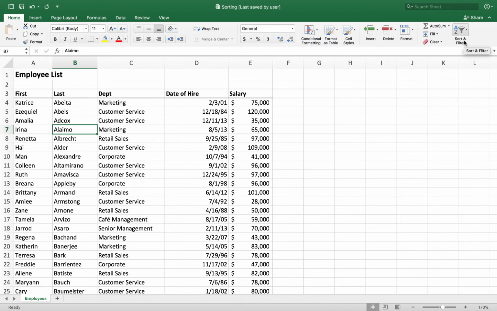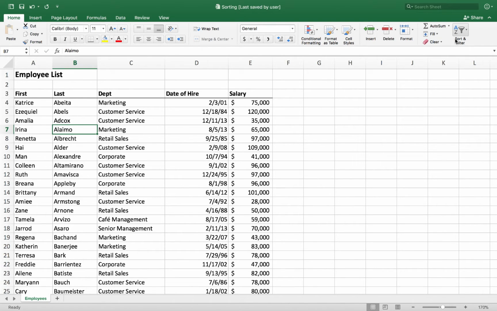So, the reason this worked, you guys, first of all, I clicked in the column that I want to sort on, and because the header row there is formatted differently, Excel understands that it should not be sorted. Sometimes if the header row is not formatted differently, it looks like the data, then that will get sorted. And Excel is smart because it sorts the whole row. It doesn't sort just this column. So that's a real simple example of sorting.